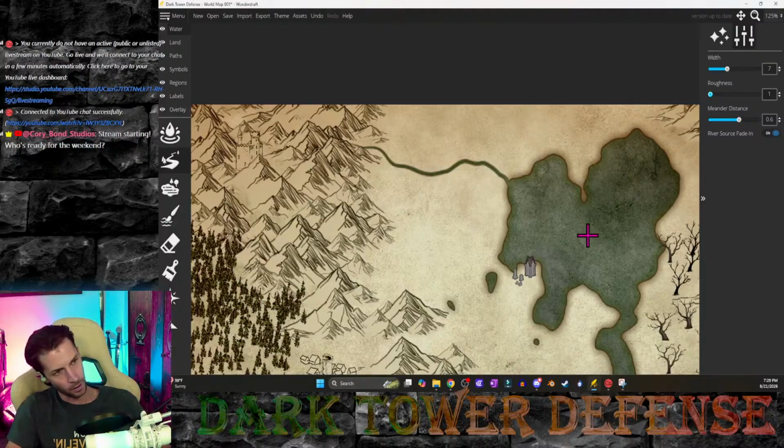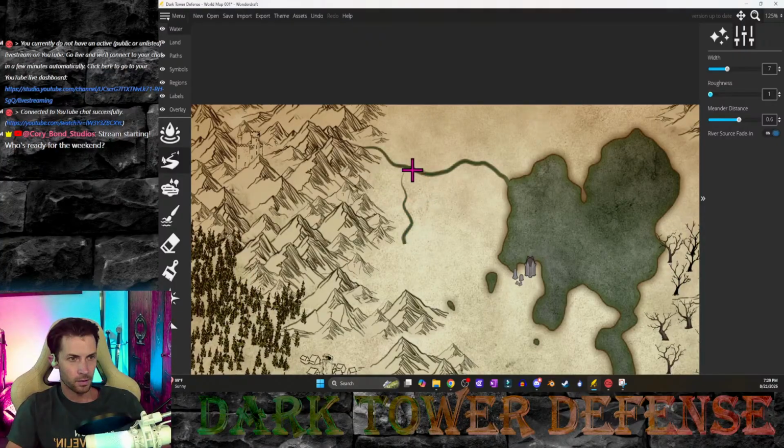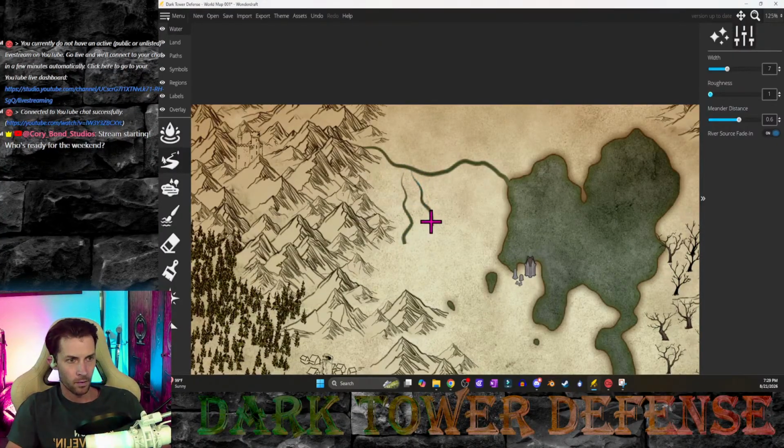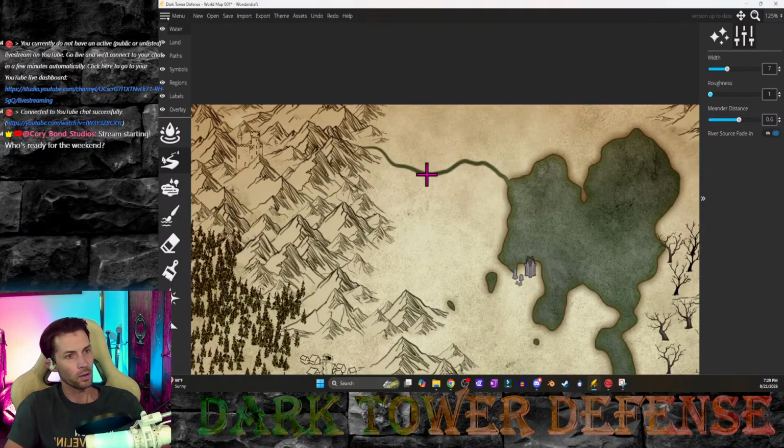There we go. Maybe something like that. Kind of feeds into the lake. And then kind of also thinking like it has come into this area, and it's kind of marshy. I just don't know how to make it look good with this tool. So